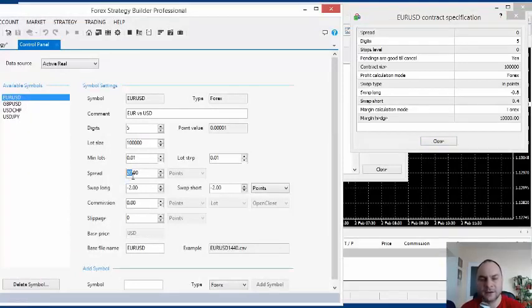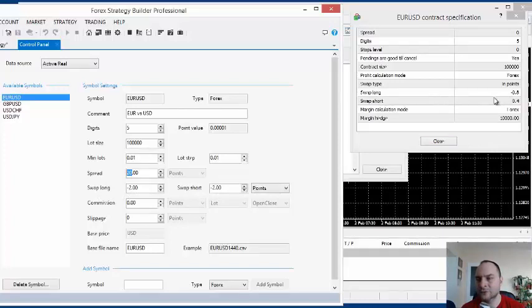When we make a backtest, when we're developing a strategy, it's better to use a higher spread, because the spread is variable. Sometimes it will be lower than that, but sometimes can be higher, and also with that spread we can compensate some slippage. Here we can set a swap for long and for short positions.